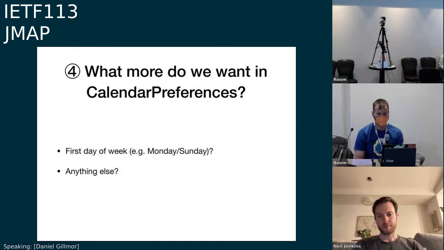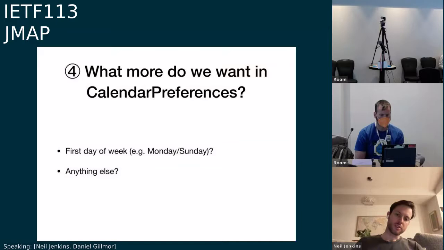And if I'm scheduling for a group that meets in UTC, I want that group to meet in UTC. So this seems analogous. Calendars also have a time zone, but if it's null, then it inherits from the principal that owns the calendar. I see. So why not use that same mechanism for first day of week? Because it doesn't actually affect any of the scheduling. This is purely a display preference, if you like.